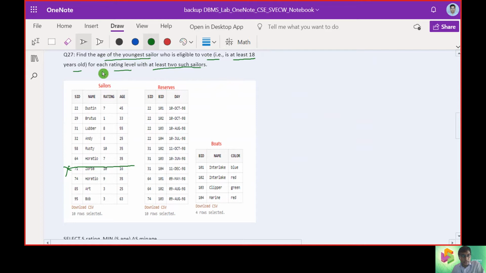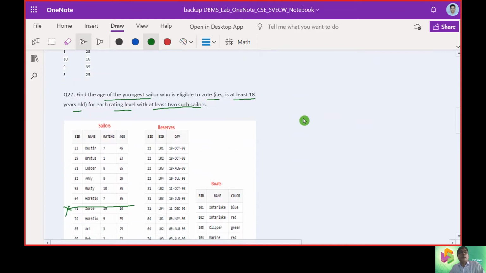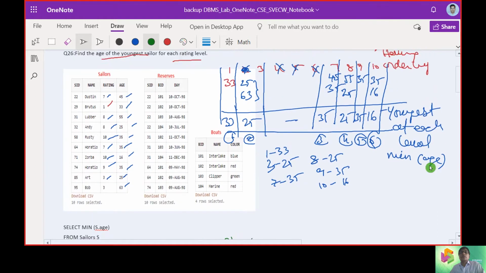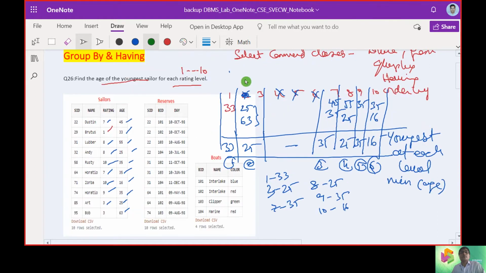for each rating level with at least 2 sailors. So every rating level should have at least 2 sailors. Now we can just use the previous scenario.